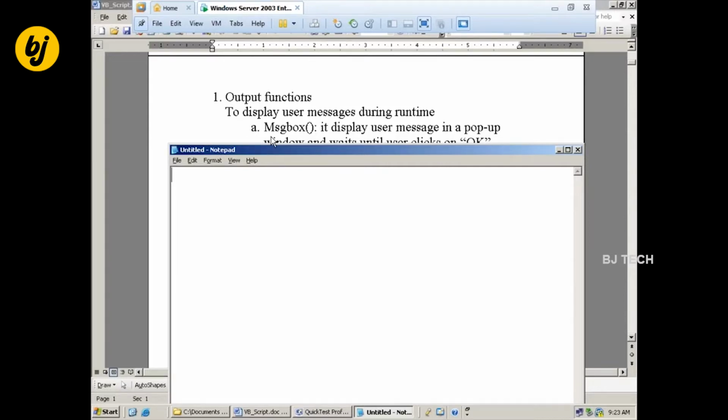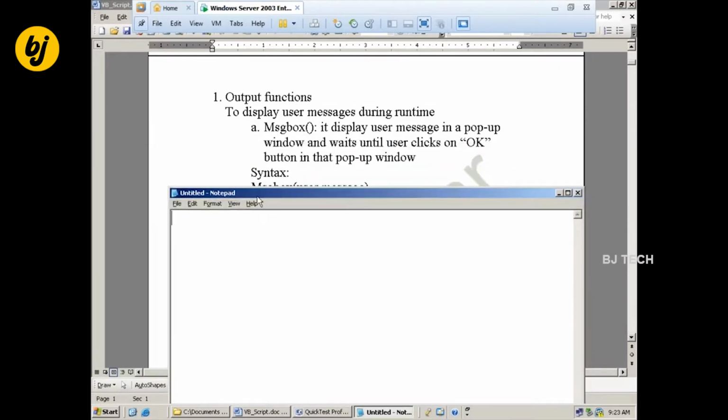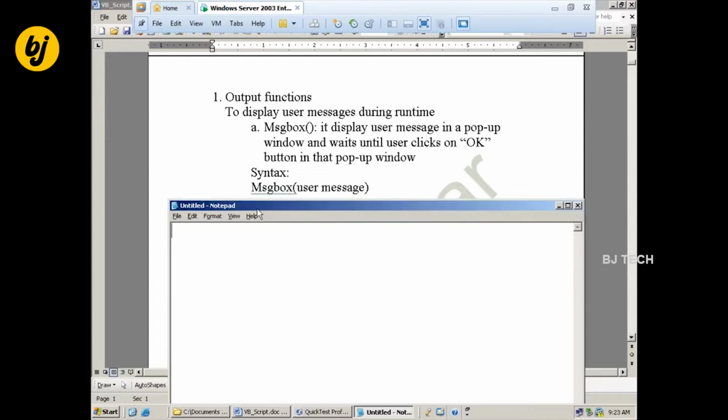It will display a user message in a pop-up window. Syntax: MsgBox of user message.